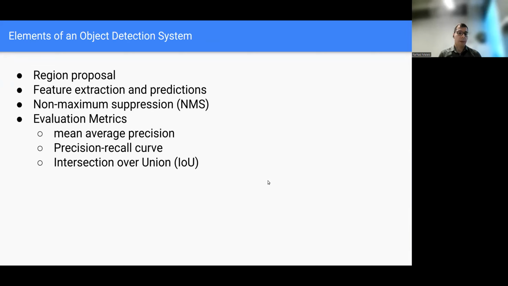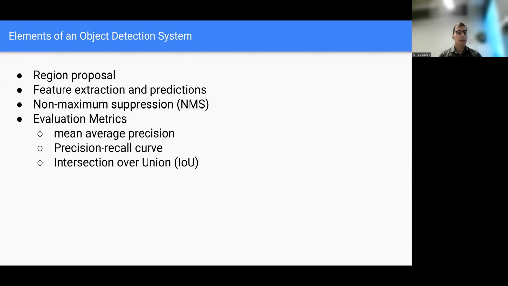There are a few elements to build a detection model, or at least historically, these elements have been used for building an object detection model. One of them is region proposal. Region means an area of an image.